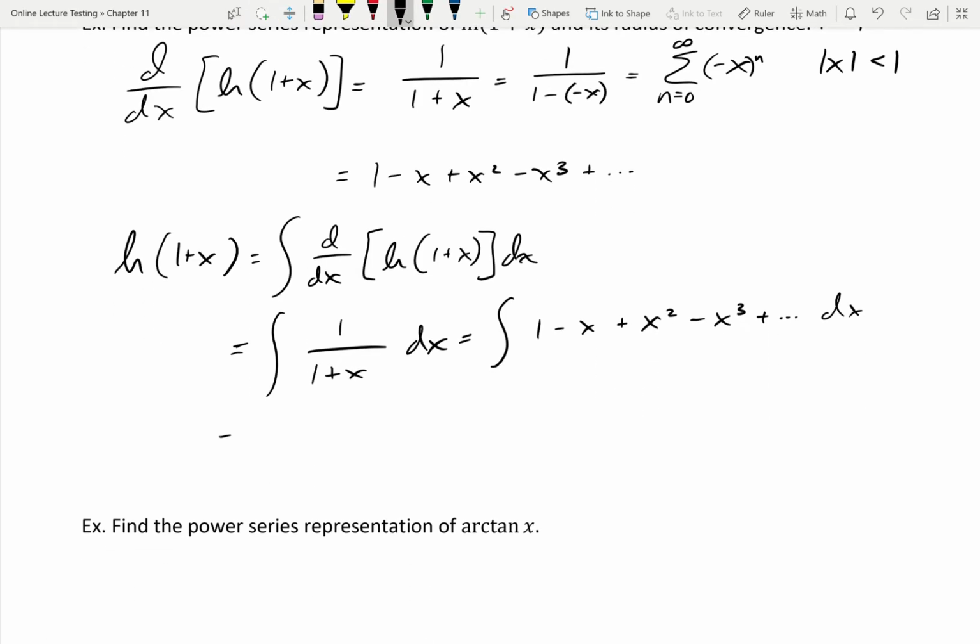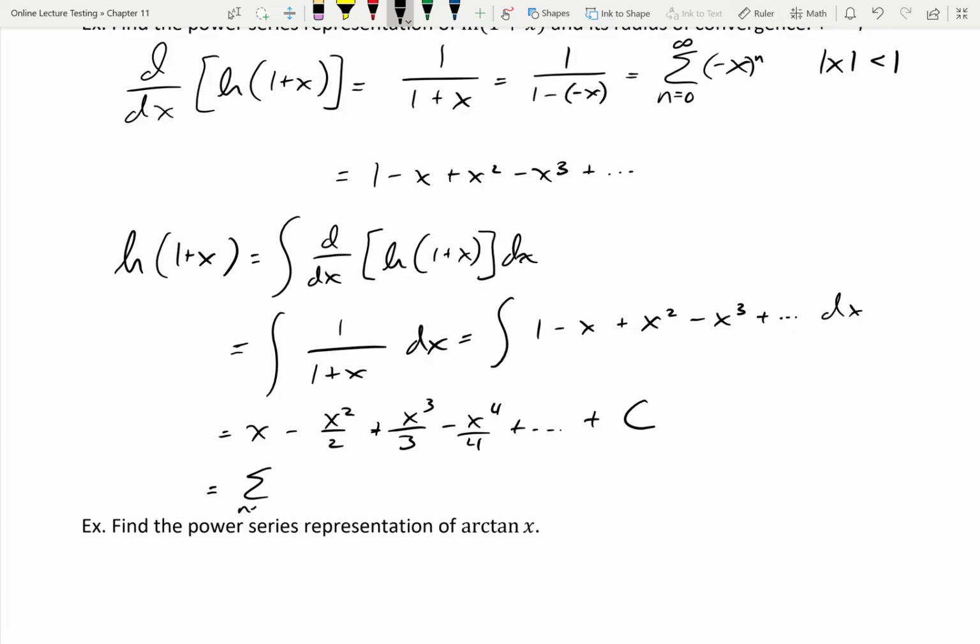This is equal to, taking term by term integration, x minus x squared over 2 plus x cubed over 3 minus x to the fourth over 4, and so on, plus our constant of integration,